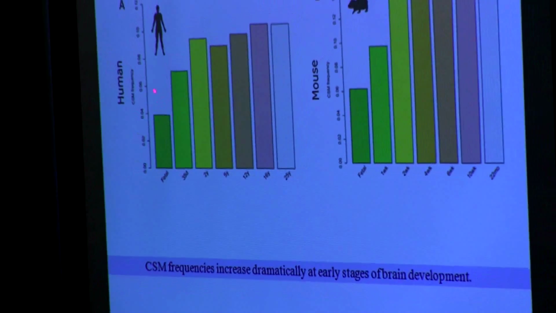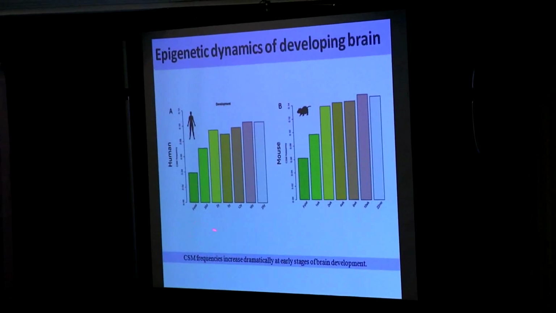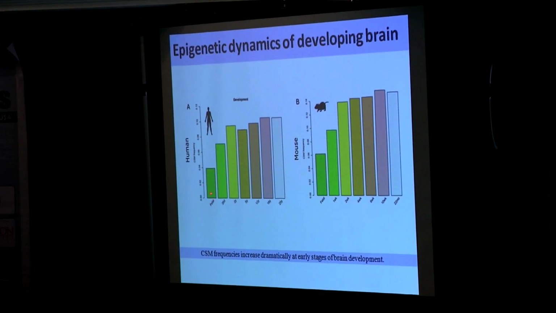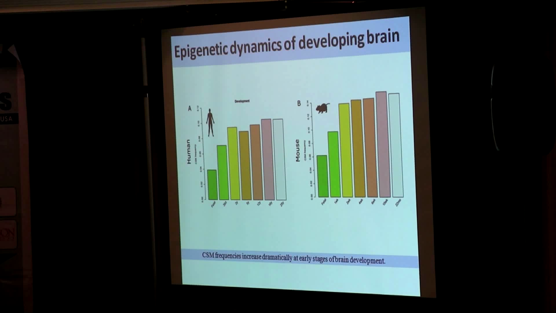So the first thing we did is to scan the methylome of the human brain and mouse brain, at different developmental stages. Just to make sure you can see clearly: fetal 35 day, 2 years, 5 years, 12 years, 16 years, and 25 years. So this is development, and this data is published in Science last year. We reanalyzed the data. Based on the Science publication, they found that the methylation level stays almost the same during development, genome-wide. But we scanned to find regions